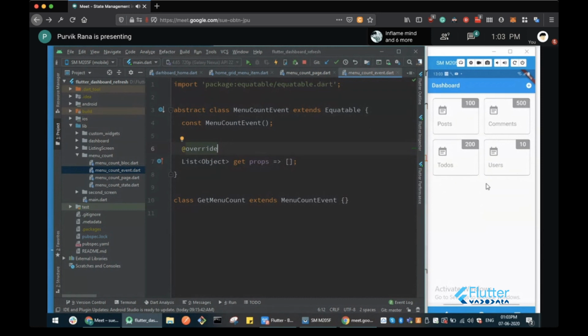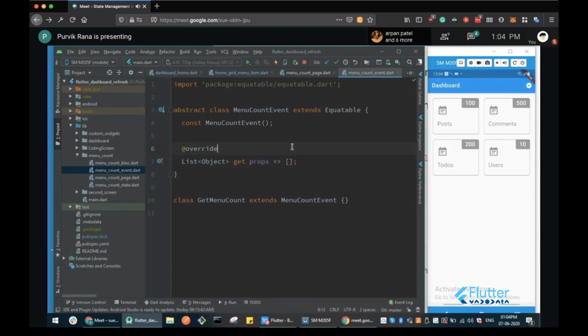When you have actual data from the backend, you have to display something. If an error is there, you have to display something. Those states you have to identify, and what events are there. Let's say I'm clicking on this plus, or clicking on something over here, or refreshing my data. Those are the different user interactions, and those are considered as the events. So first of all, identify the events, then identify the different states.